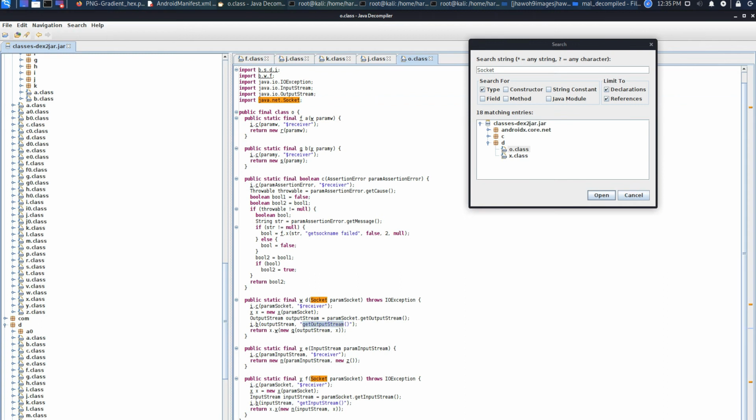Here we can observe get input stream has been declared here, output stream has been declared here.